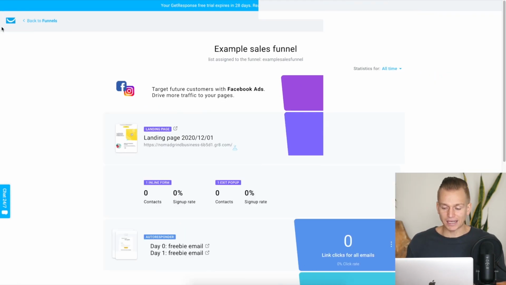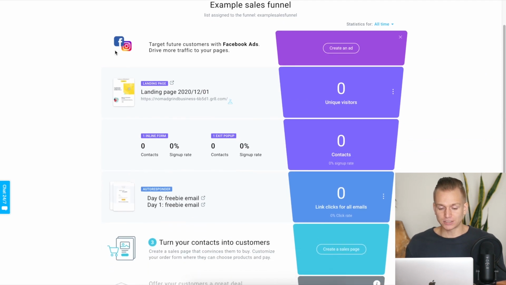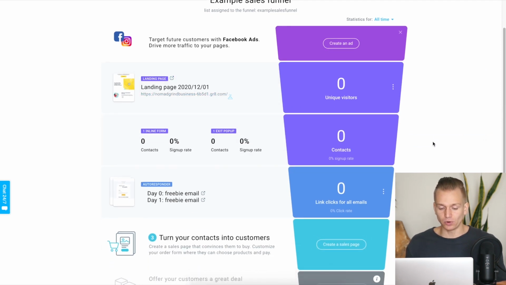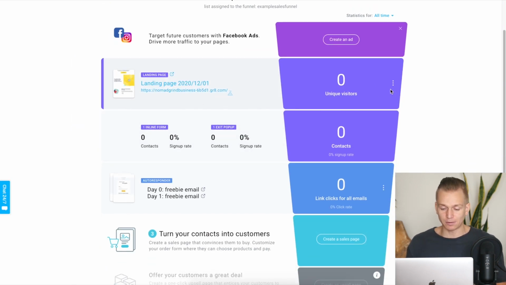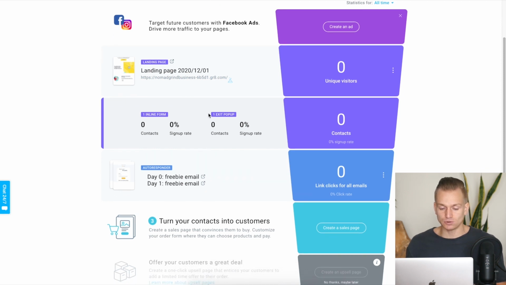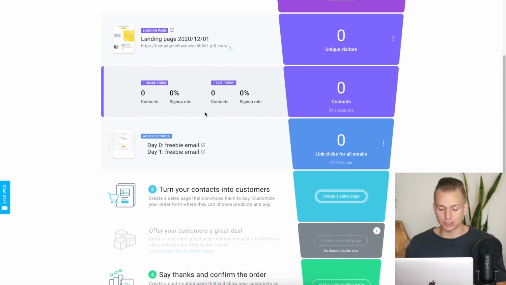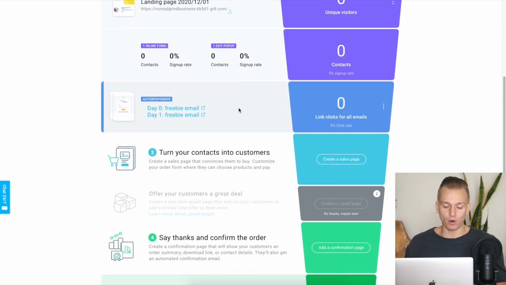Another thing that you might want to consider that is unique is creating a sales funnel. So on Getresponse, you can actually create a sales funnel. So as you can see, this is basically what it looks like. So it's just an easy visual representation of what your potential customers are going through. So you can set up basically ads, and you can then drive traffic to a landing page. So in here, you will be able to create your landing page right here and then see exactly where the conversions you had. You can A/B test different landing pages, and then after that you can set up autoresponders,